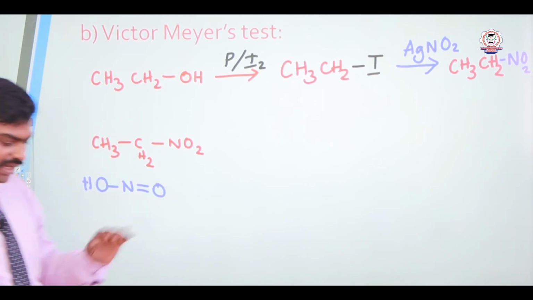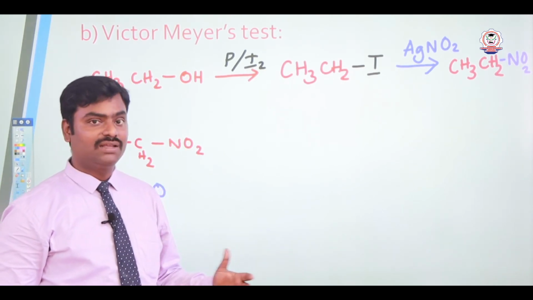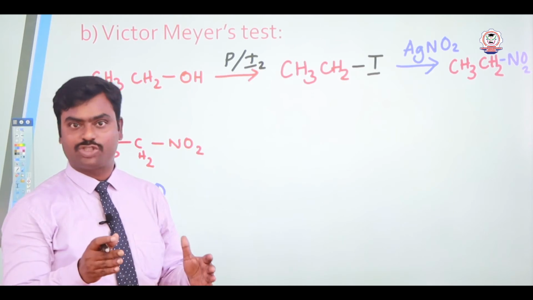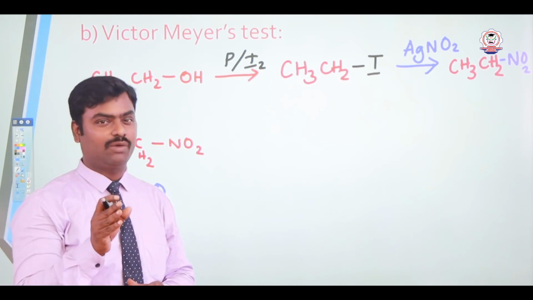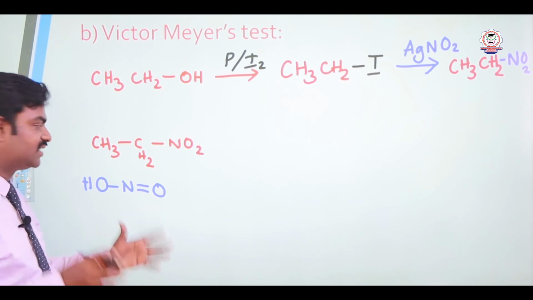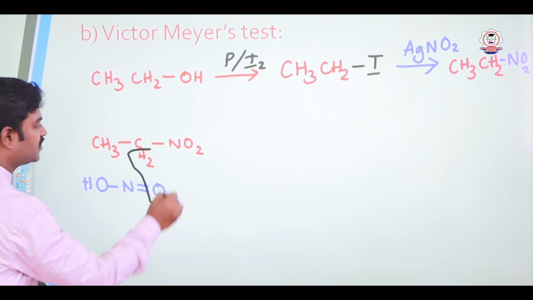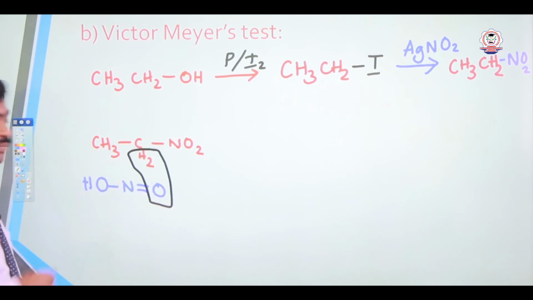Say students, here the water removal will be taking place. For water removal, in primary alcohol, we have H2, right? So it requires only one oxygen. So it takes the oxygen from nitrous acid. So what happens? The H2 and the oxygen are removed. So the product is